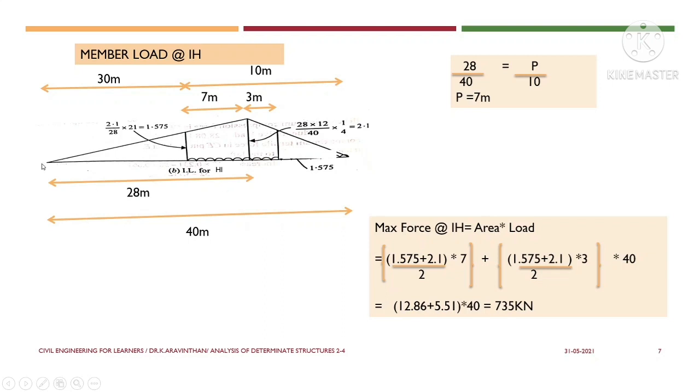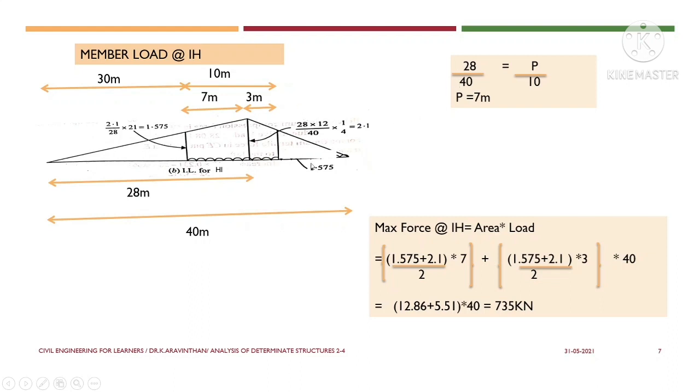So we know that this is the influence line diagram for IH, so this is the member I and H, and you have to place the load at the same ratio. So you have a ratio here, so this is the point I. The I is at a distance of 28 meter and the remaining distance is 12 meter. So 28 divided by 40, this is the ratio for the influence line diagram. The same ratio has to be provided for the UDL. We know that the UDL has a span of 10 meter and an intensity of 40. So let us find the distance, that is 28 by 40.